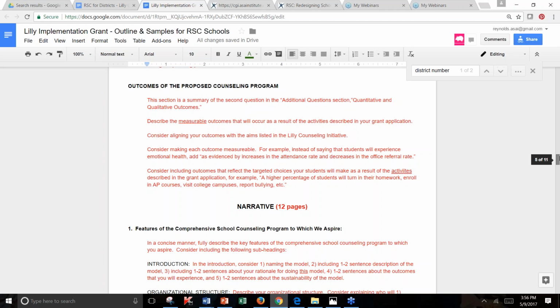So those could be your goals. You would say that one of our goals is for all kids to have social emotional health as evidenced by the percentage of students who have sound attendance or low office referrals or no office referrals. Okay, and then you could also